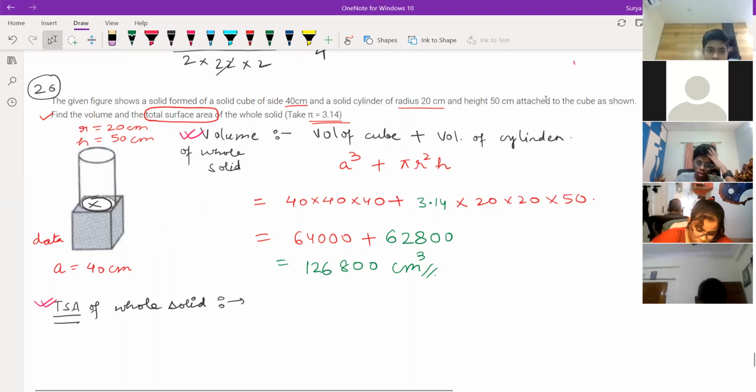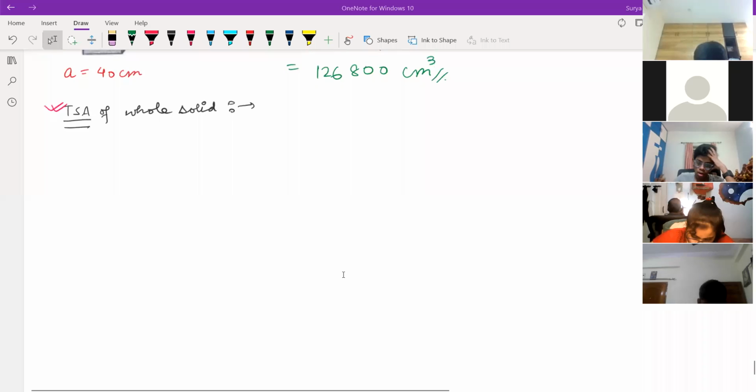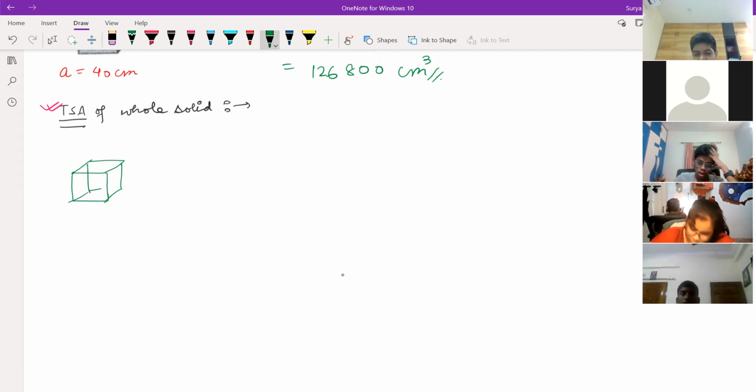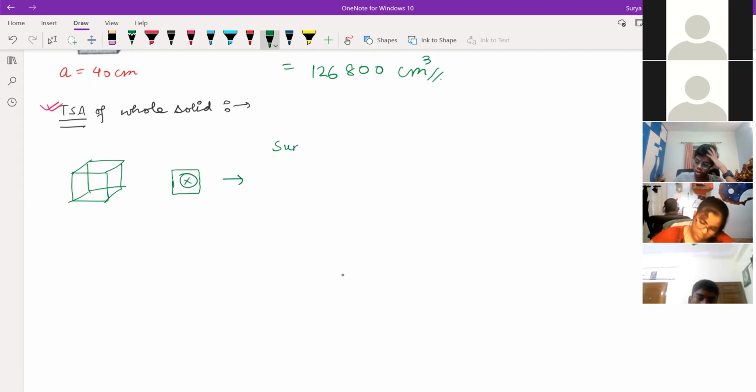So first I'm going a bit up and writing here, see. In the cube part, first I'm talking about the cube part, okay? Try to understand the concept. In the cube part, all surface areas are included, and the top part of the cube, this part is not required. Correct, children? Try to understand. So I'm writing the surface area of the cube part.